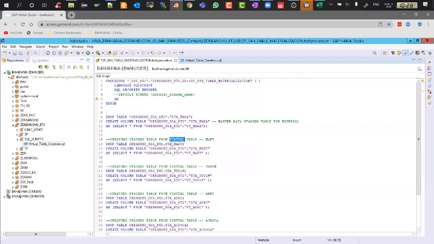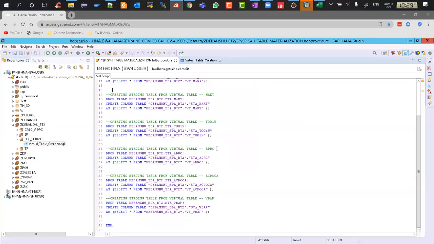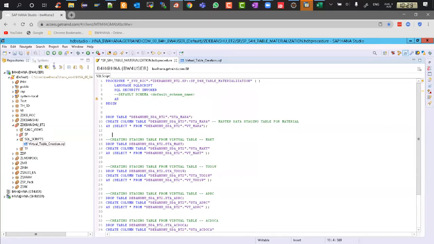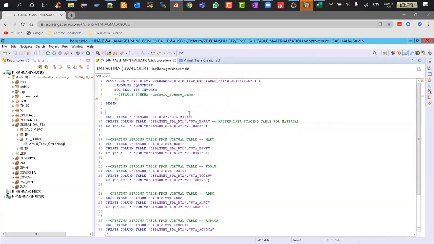Okay, this is fine. We are just creating the staging table from the virtual. Staging. Let me do a quick eyeballing. Staging, yes, correct. Okay, so now let's activate. Completed successfully. So create, drop, select, insert, update is all allowed as long as you get rid of reads SQL